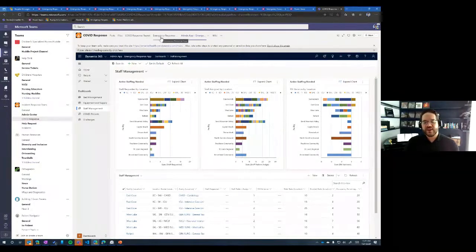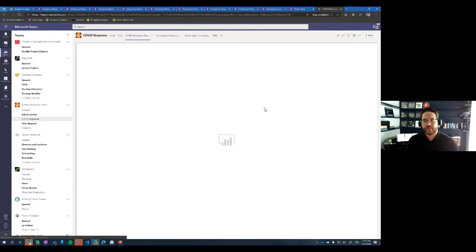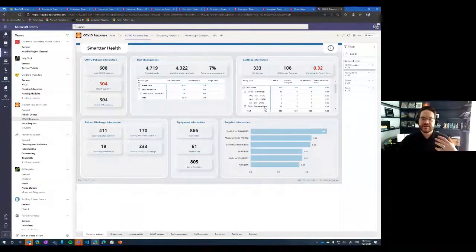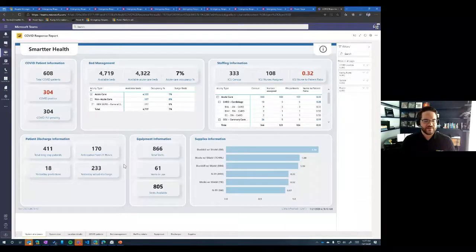Again, none of this really means anything if we're not doing some reporting on it. And so what we came up with was a series of dashboards in Power BI that aggregates all of this data across your system and lets you make informed decisions. And so you can see there's some cool filters that we built into it in terms of whether or not it's a COVID-based location, or what facility we want to track around. But if we go in here and maximize it so we fully see everything,